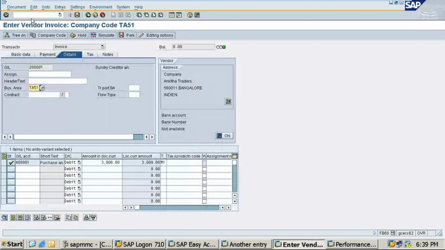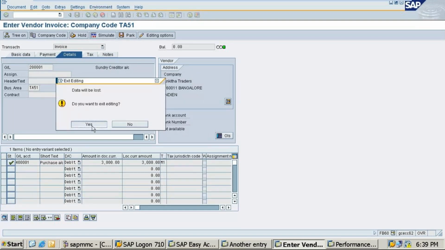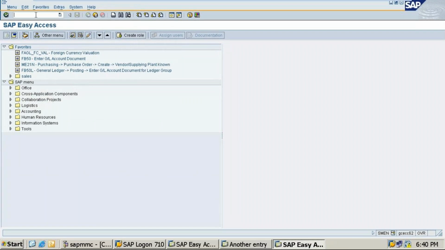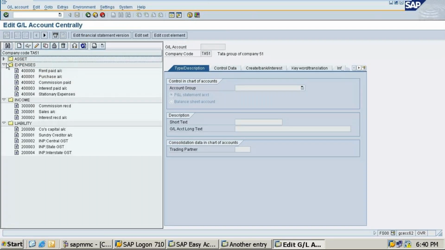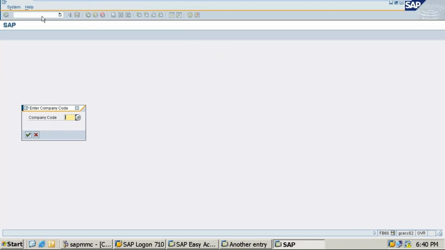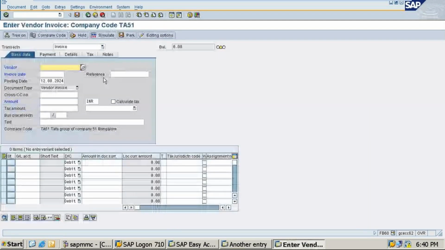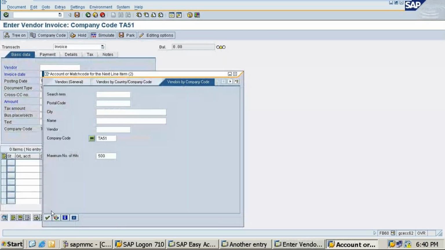We have to see the ledger balances. One second. Slash n. Procedure is the same only, but there are some balance entries.